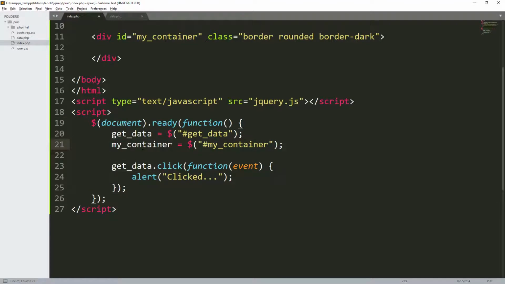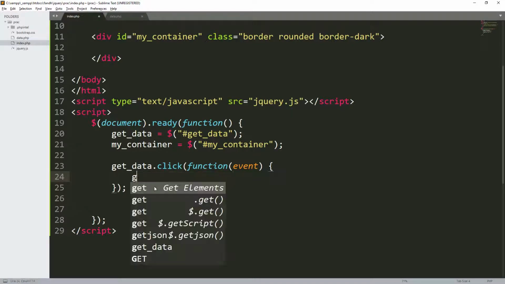You understand this, okay? So here, in the alert, I'm going to create a function. I can put either my jQuery ajax here, or I can create another function that will make the ajax. So what should I do? Should I create an external function or put the ajax here? Okay, let me create another function.